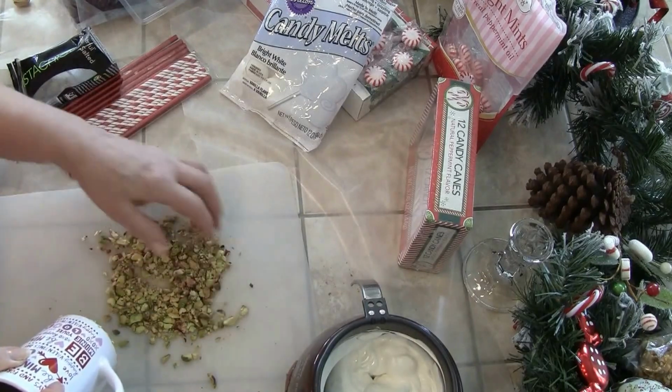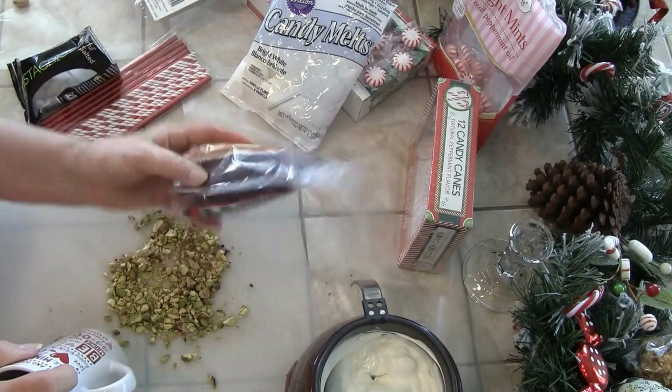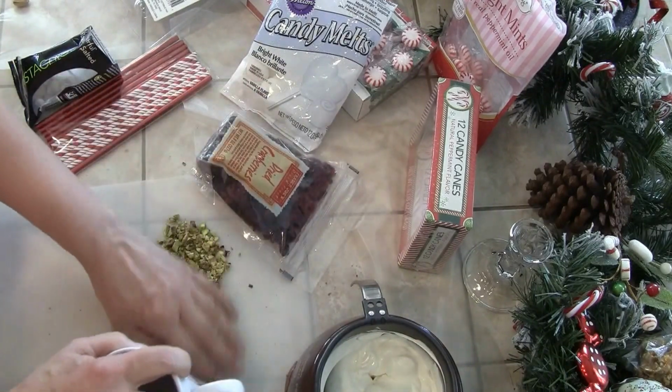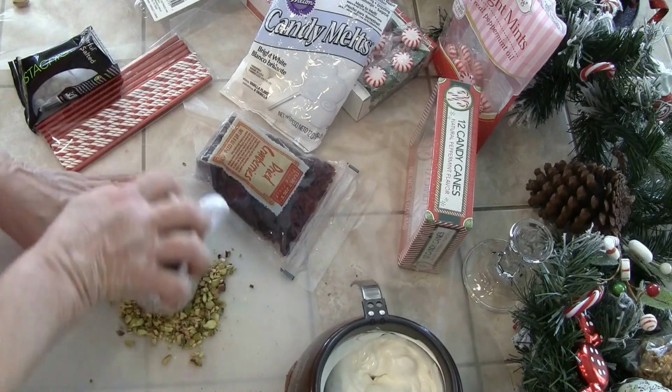Look at that beautiful green, guys. Would you look at that, please? And then you put your cranberries with it. You've got a beautiful candy right there. Okay, and then with that,